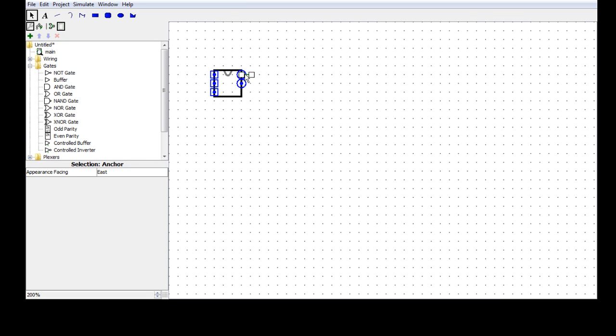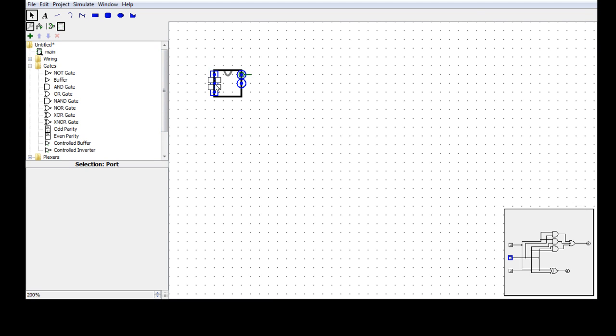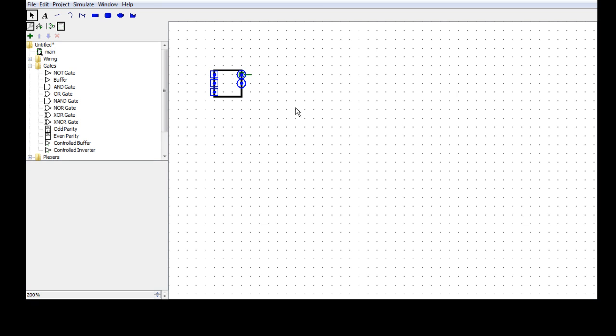And you can see here when you click on a port in the sub-circuit, it shows you what it corresponds to in the original circuit, so you can name them or arrange them properly. I'm not good at making pretty circuits, but that's fine, because we'll be using the built-in sub-circuits after we have designed our own. So what I'm going to do here